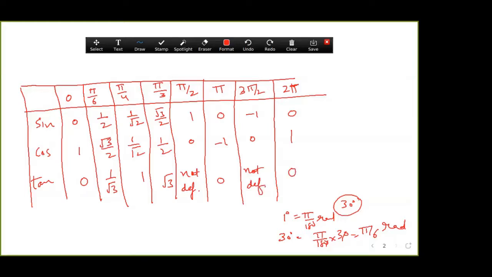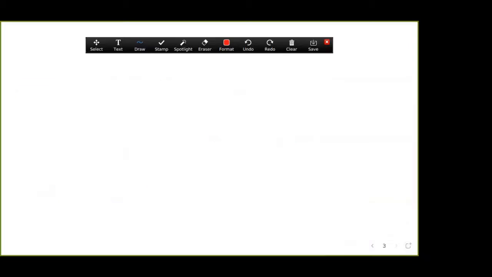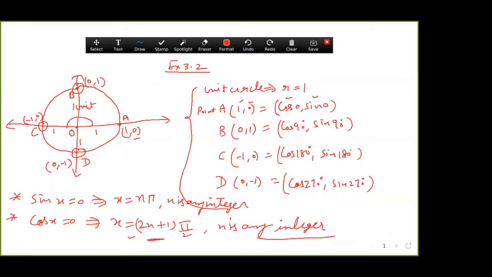Now, what was the way to write these values? I think you know about it. Let's discuss. In the case of sine, for the values at 90, pi, 270 and 180, I have given you an idea on the previous page. You can see here I have given you an idea of the values of cos of 180, cos of 270, sine of 180, sine of 270, and after dividing sine by cos, you get the value of tangent.